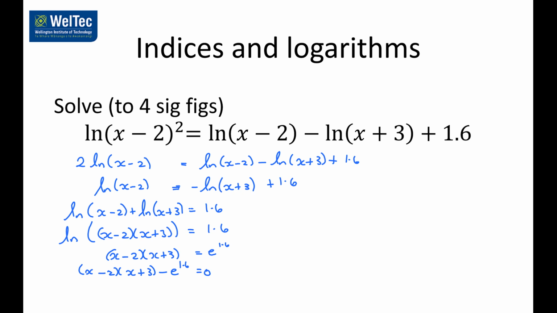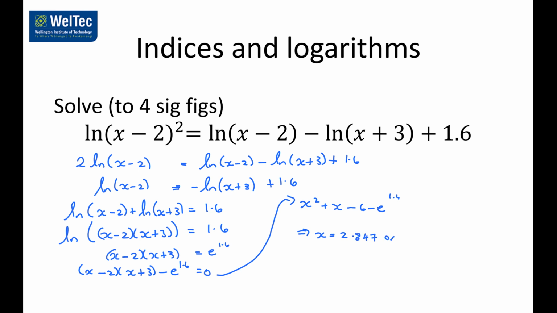And look at that, I've nearly got a quadratic. So if you expand out the brackets, you get x squared plus x minus 6 minus e to the 1.6. And it's a quadratic. You've got an x squared term, you've got an x term, and you've got a constant term. So using the quadratic formula, x is equal to 2.847